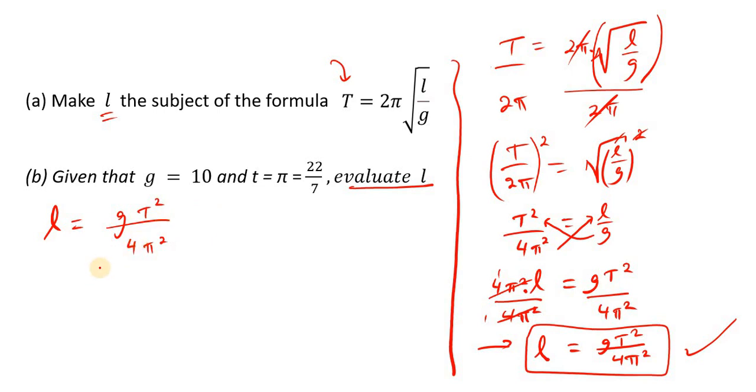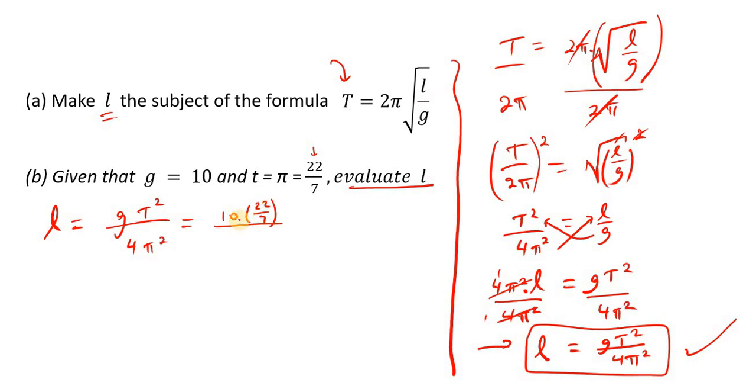So in order for us to evaluate, what we need to do is to replace variables with values. Okay, or we can say constants with values too, right? Because pi is really a constant, and the constant they want us to take pi as is 22/7. So let's replace the G. G is actually 10, and T is to be taken as the same as pi, which is 22/7. So we're going to put